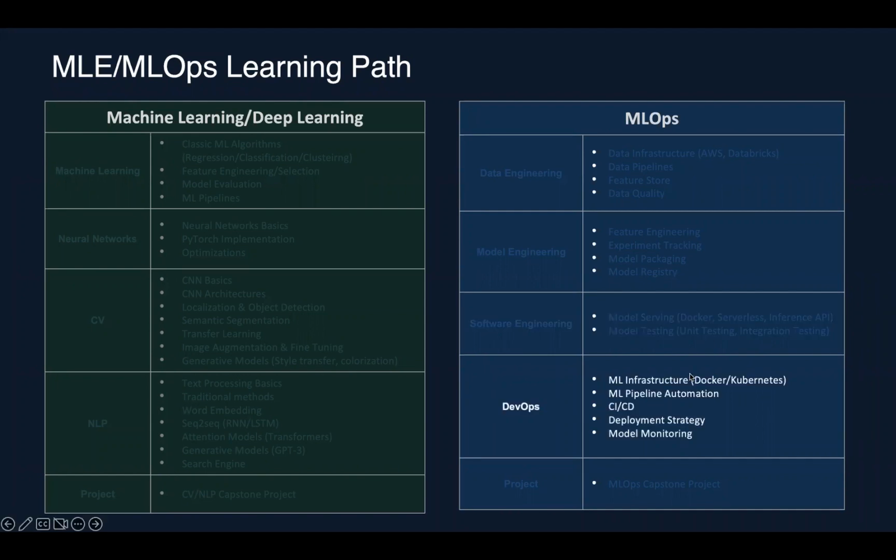All right, and then DevOps, because we're talking about deployment, we need a deployment environment, we need the infrastructure, right? So do we do this in a Docker container and then put that on an AWS EC2 instance, or maybe the company is building a lot of applications, so you already have a Kubernetes cluster, so you just would like to deploy the model to the Kubernetes cluster, right? So you need to have a little bit of knowledge about that, but I don't think the ML engineer needs to be an expert in DevOps, but you do need to have a very basic understanding, or even an intermediate level understanding, of DevOps, right?